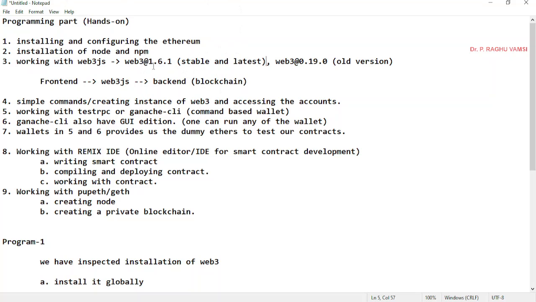The reason is, as new features in the JavaScript environment come into the picture, they try to use safe or robust ways of writing the code in the APIs. So whenever you use Web3 1.6.1, it provides a robust feature called promise, which returns the result if the function executes successfully.